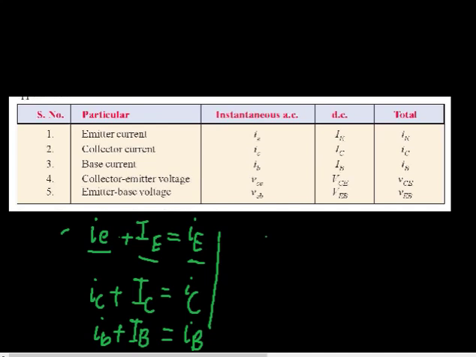Here also, small vce represents the collector emitter voltage due to the AC signal. We can call it the instantaneous value of collector emitter voltage. Then the collector emitter voltage capital VCE due to the DC sources, and the total